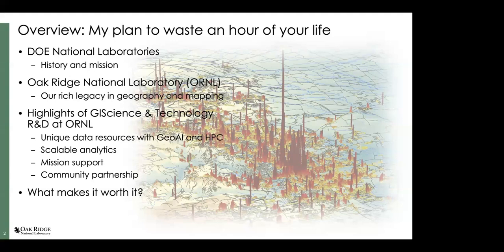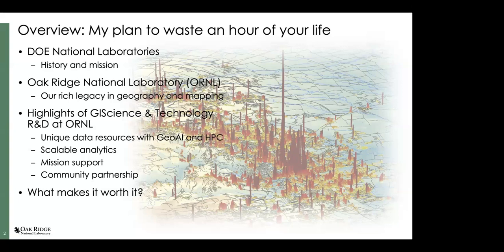I'm going to run through a few highlights in the themes around how we use geographical and geospatial science, touching four different things. One is how we are using AI and large computing for creating new data resources. I'll show some examples of analytics, and give you a flavor for something that we get to participate in every day, which is supporting the federal mission, and it will become obvious what we do. And I'll use Ukraine as an example.